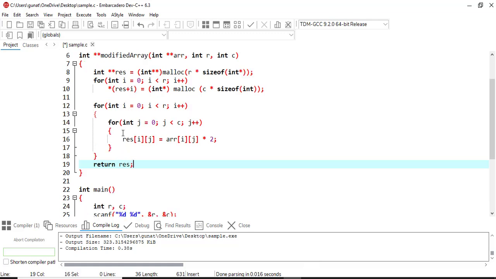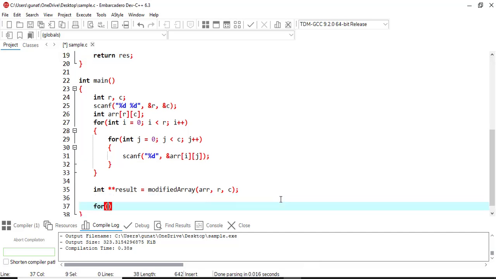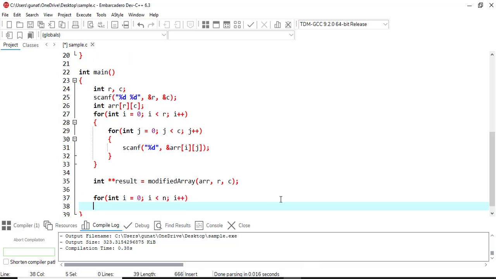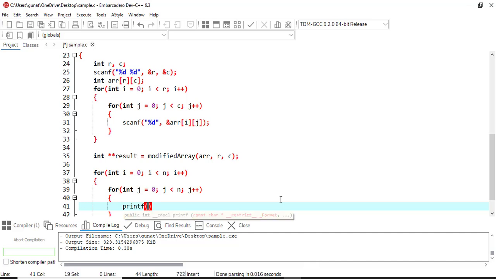Whatever value is stored in the array res will be returned by this function and stored in the variable result. Now I'm going to print the elements. So for (int i = 0; i < n; i++), for (int j = 0; j < n; j++), printf("%d ", result[i][j]);